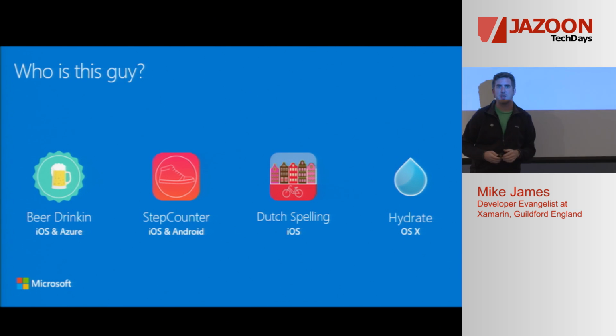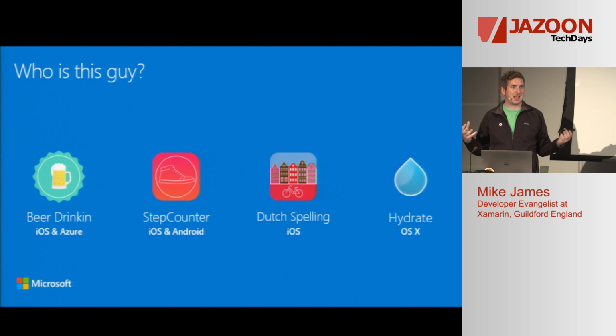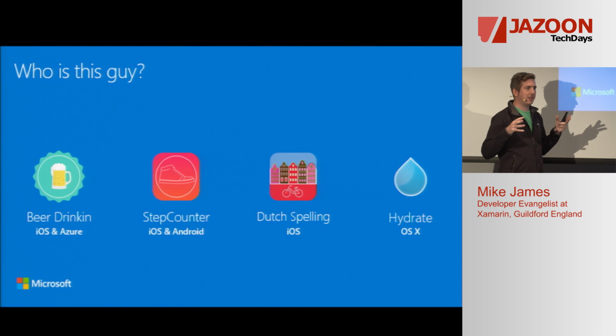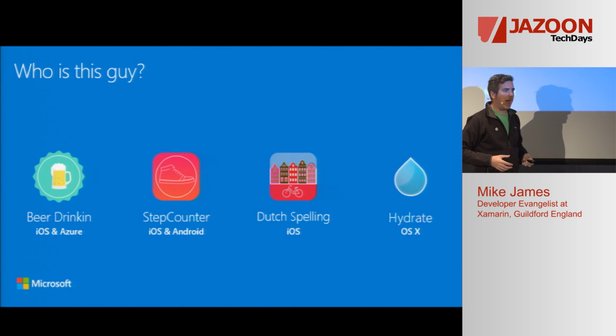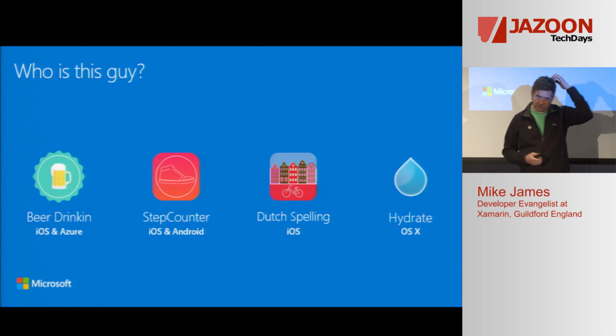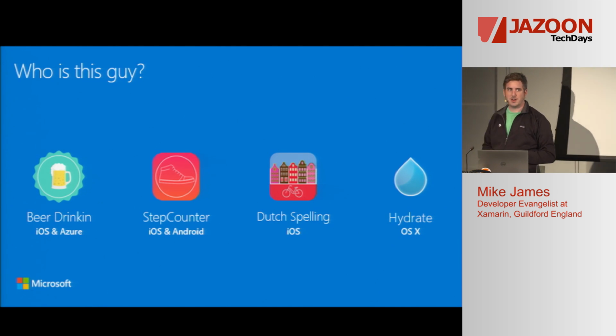And then we've got Hydrate, which is a Mac app that I built. And the reason I built a Mac app was because we had released Xamarin Mac, so you could build a native OS X application entirely from C#. And we sold a couple of licenses, and we had someone email in and say, hey, I'm getting rejected on the App Store. Have you guys actually tested this? There's a lot of head scratching. I'm sure it was tested, but we couldn't find a definitive answer.